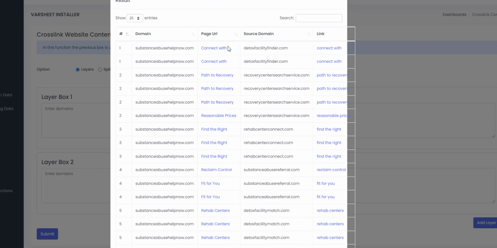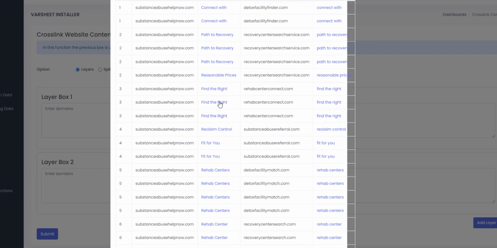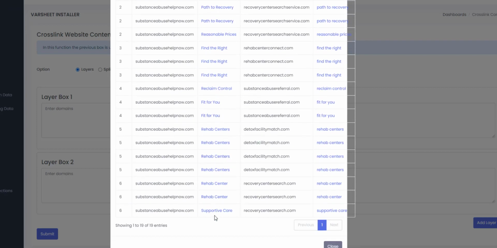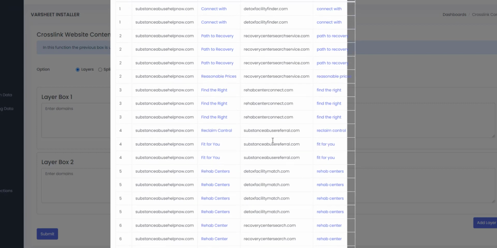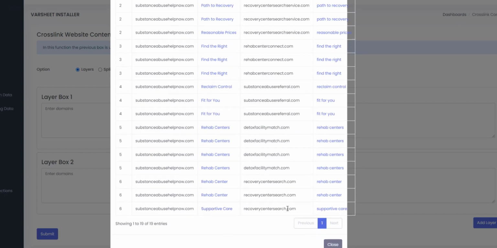Okay, I still got to throw in some extra verbiage in there like with. And these right here are pointing at these websites, all of these different websites, and pointing at the page that relates to the topic, okay? So substanceabusehelpnow.com, this is an inner page of that website. It's supportive care. And if I click, I'll be able to look for the keyword supportive care, and it'll point at